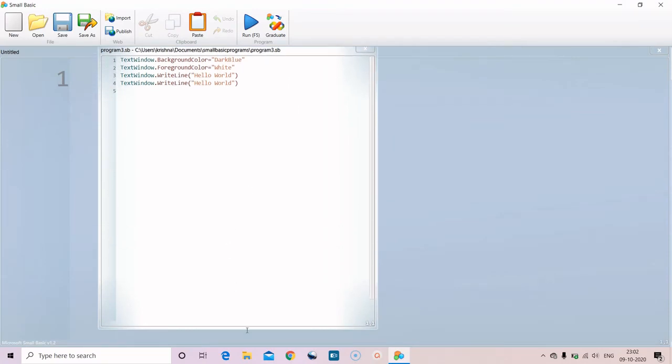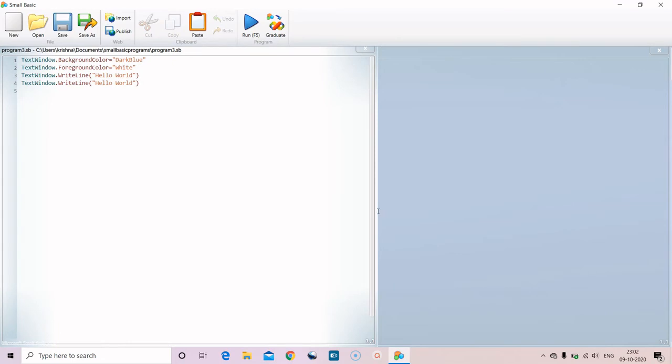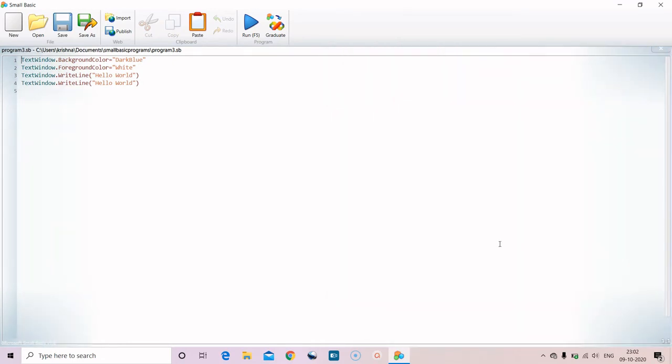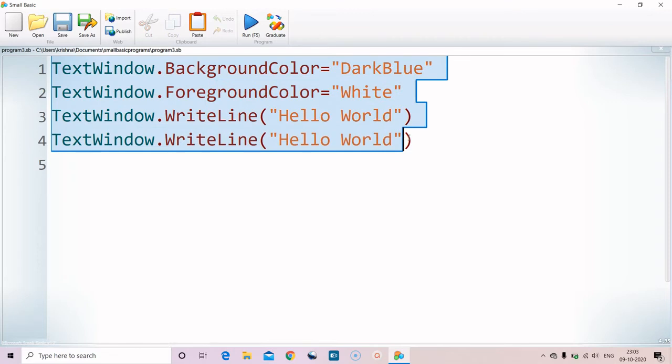I'm again resizing this one so that we can see big letters. I wrote a small program here. We can learn programming later. This is just to demonstrate the navigation buttons, but I can explain anyway. Small Basic is a kind of small object oriented programming language, where we don't write object oriented programming, but the API comes in that format.